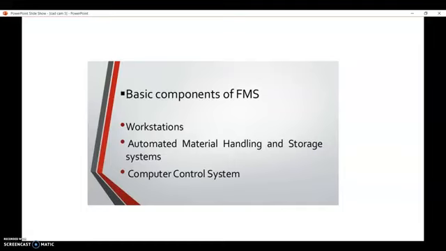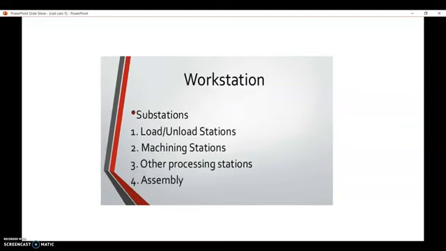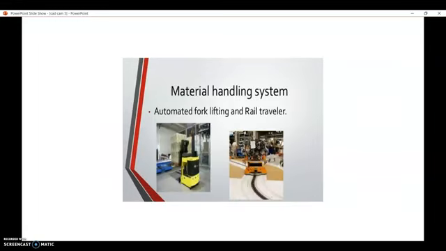Basic components of FMS workstations: automated material handling and storage system, and computer control systems. Workstations include substations, load and unload stations, measuring stations, other processing stations, and assemblies.